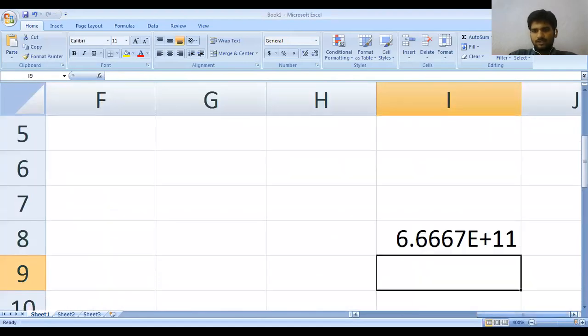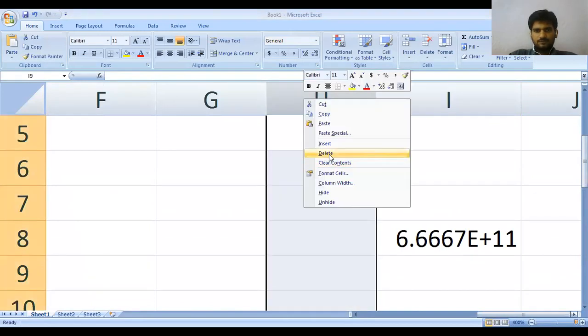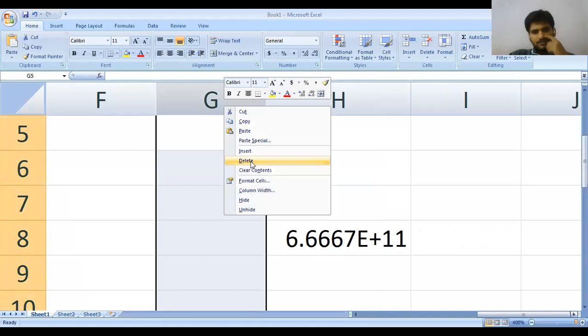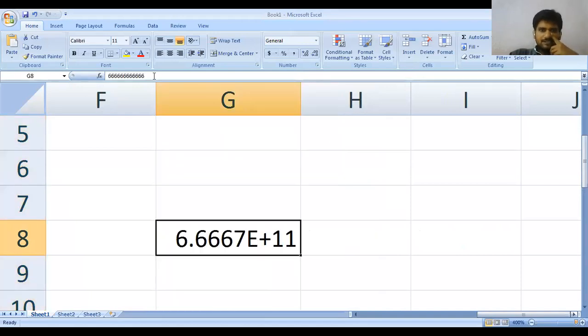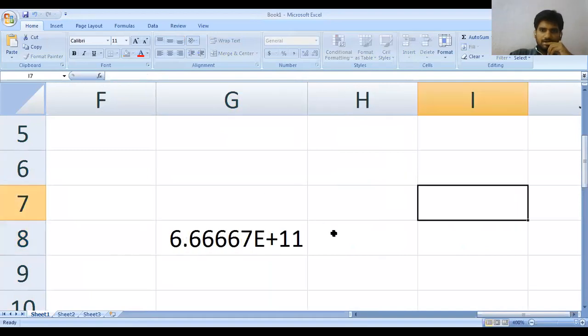See, this is the meaning of the plus symbol. How do we avoid that? See this, what is this? This is a number. How many 6s are there here? This is the meaning of an exponential value. That is the meaning of the plus symbol.